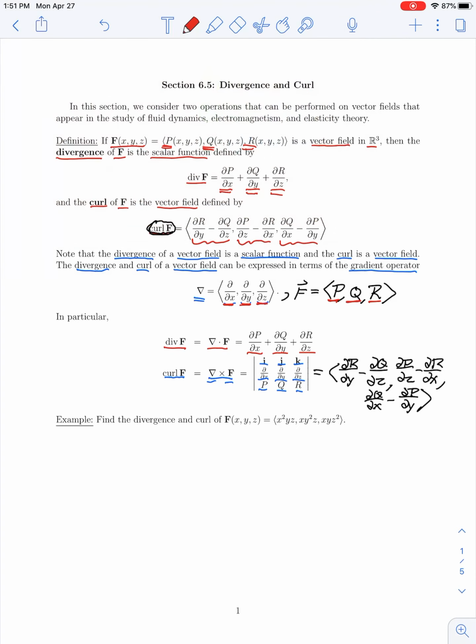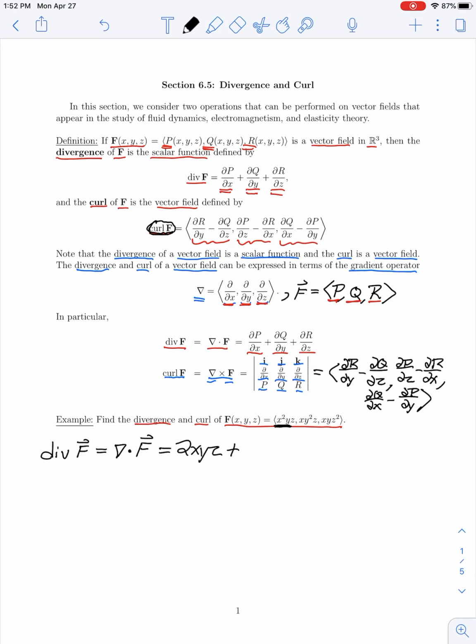In our first example, we are asked to find both the divergence and curl of the following three-dimensional vector field, F of x, y, and z, whose component functions are given. So we'll start with the first one, the divergence of F, denoted as div F. And remember, we can think of this as a dot product of the gradient operator with our vector field F. So we would take our first component function and differentiate it with respect to x. So here we would have